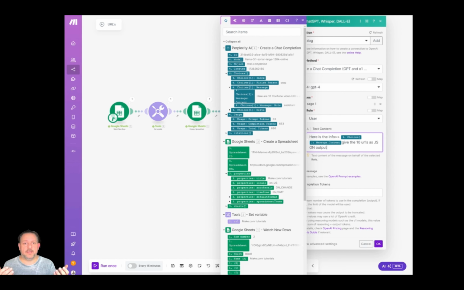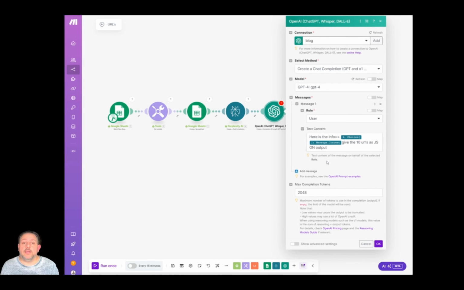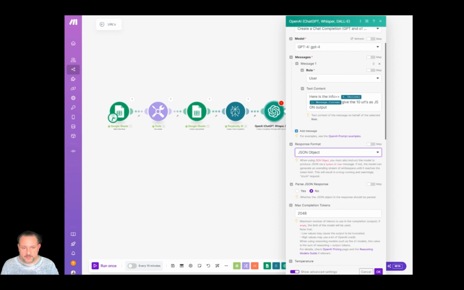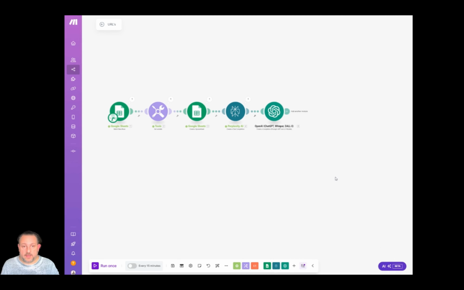We want to get it in a JSON because otherwise it will be a lot of a mess, and now we get a structured data output that we can use again and again. Now we're going to toggle this button, show advanced settings, because we want the response to be JSON. So we choose JSON object. Okay, and now the module is set. And as far as we now are, we must run the scenario again, and as we run it, we should get JSON output. So I'm going to start